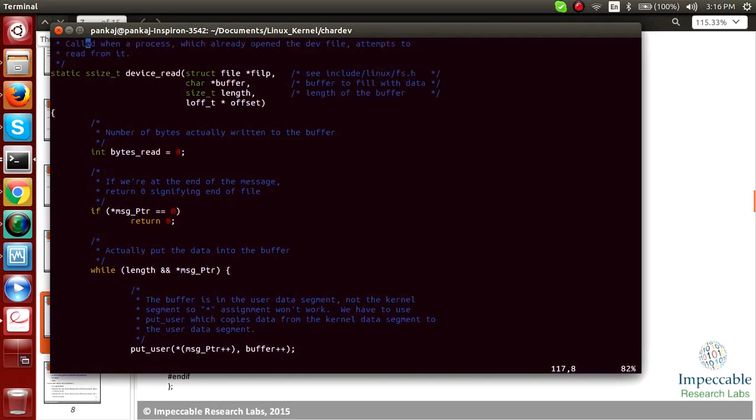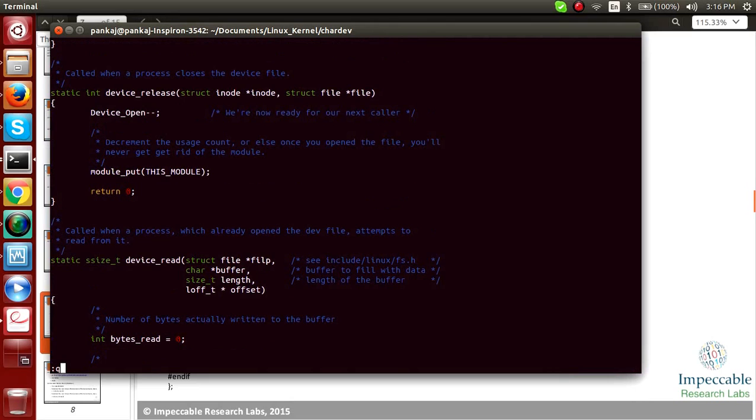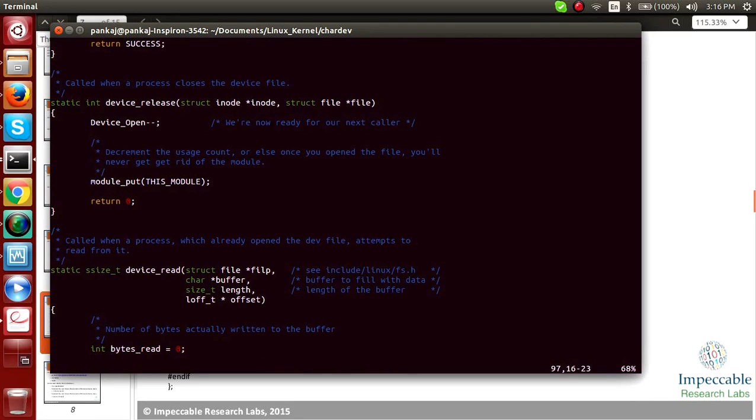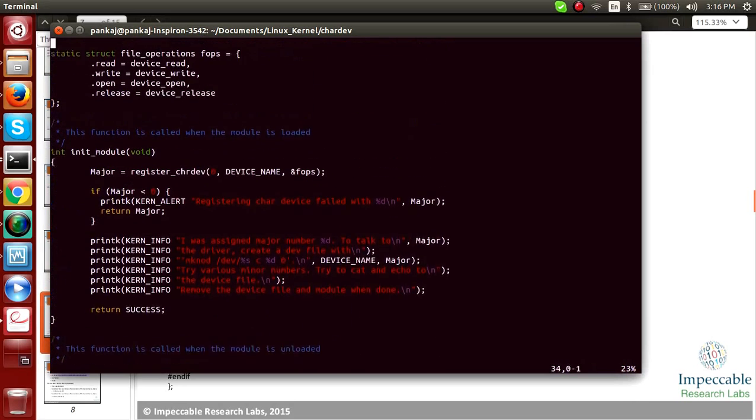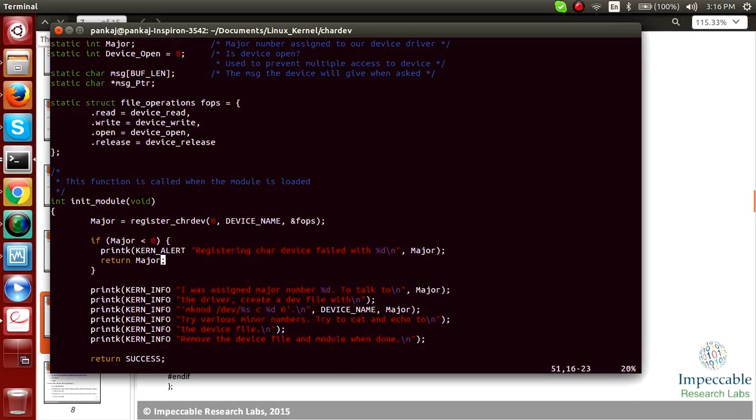The biggest difference you can see is that we have used register chrdev, which will give you the major and minor number for this particular module. It will be treated as a device driver, and actually it doesn't have any physical device underneath it, but it will get assignment of a major and minor number.